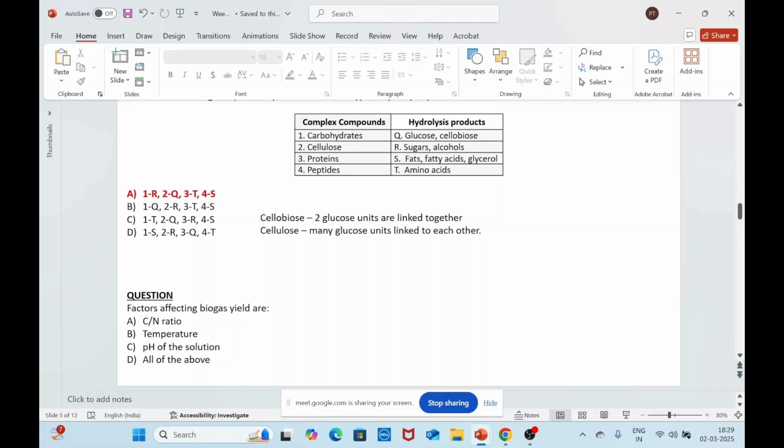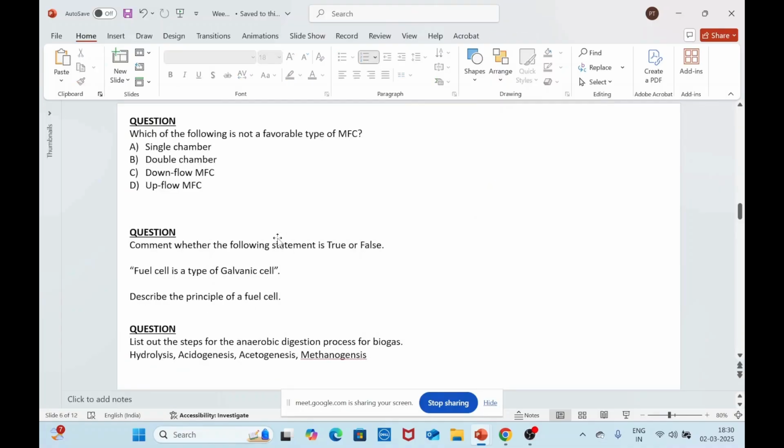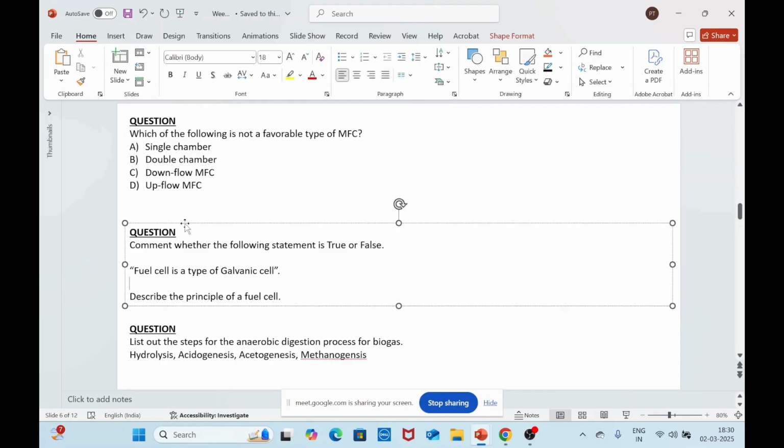Or if you give very less temperature, then the bacterial growth will not be sufficient. If the bacterial growth is not sufficient, then again the yield is going to get reduced. So if you plot a curve of the yield versus the temperature, it will be something more of a parabolic curve, facing downwards. So here the option is all of the above. So let's leave this question for some time. Move on to the next question.